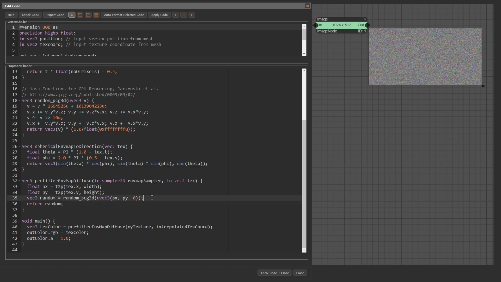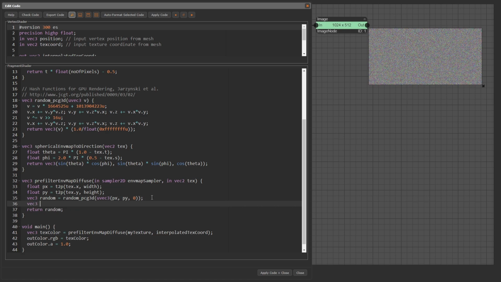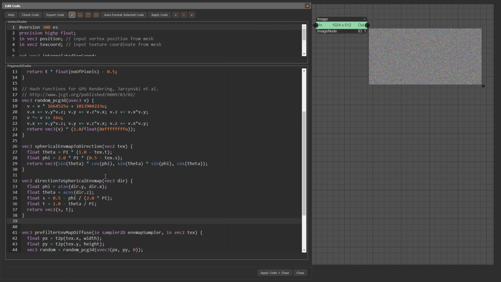Computing the direction of the normal is now simply vec3 normal = spherical_env_map_to_direction(tex). Later we also need the exact inverse function, direction_to_spherical_env_map. It computes the inverse mapping. It takes a direction as input and outputs the texture coordinates for the environment map.